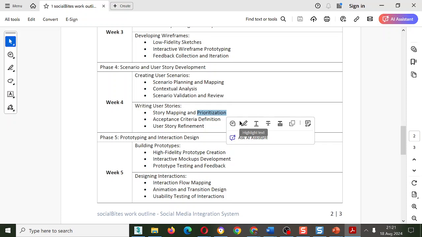So one is 1, one is 2. That's prioritization, and you now show us the use case drawings or diagrams, and you show us the user stories, which combine the user story with the acceptance criteria for each one.